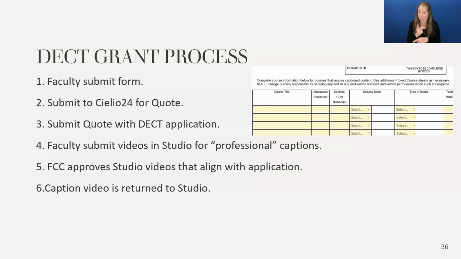It's just going to take a little bit. When the DECT folks approve the quote and the classes, their turnaround is about 24 to 48 hours. But what I didn't know is that there's also the approval in Studio and the approval in the vendor. I wasn't aware of that, and for that to happen, it's at least another day for those buttons to get turned on.